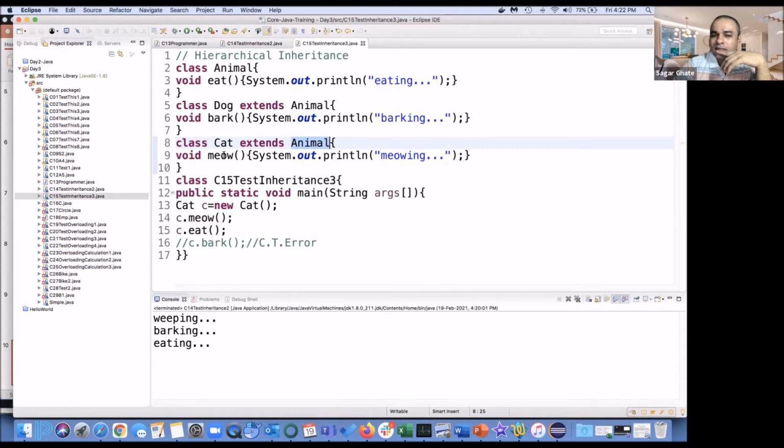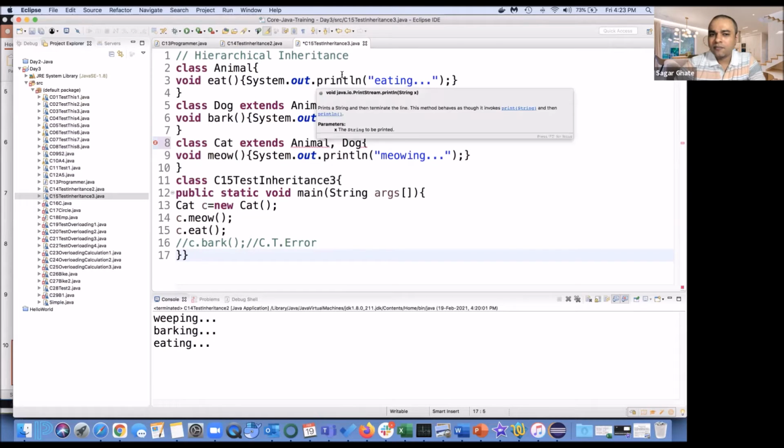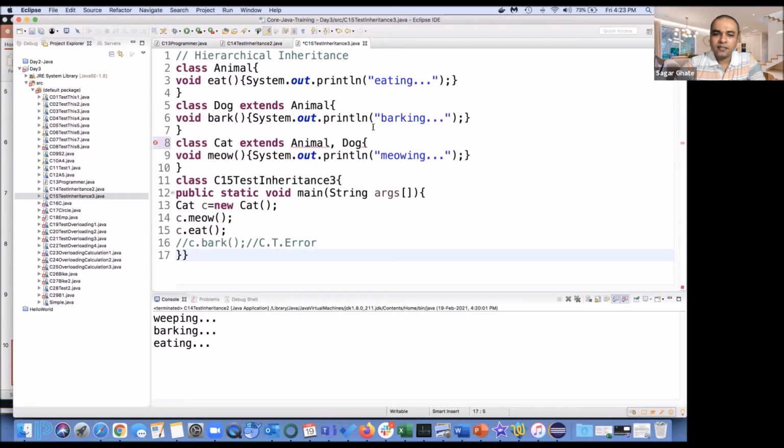If I do C dot bark, your compiler will see in the cat class, do I have a bark method? No. In the animal class, do I have a bark method? No. Can I do something like this, animal comma dog, like hierarchical inheritance?